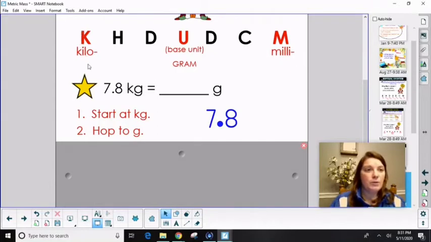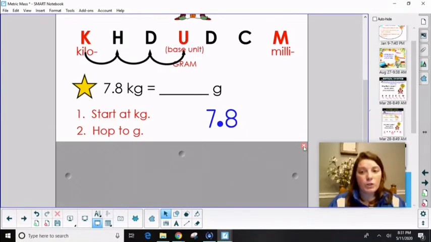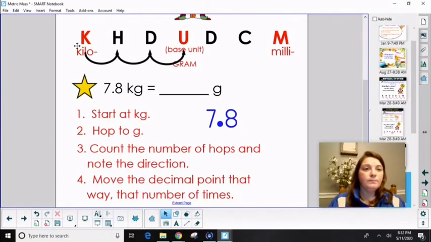So we're starting up here, kilograms. Hopping over once, twice, and the base unit is our grams. There we go. How many hops and in which direction? 1, 2, 3 hops to the right. So we're going to take our decimal point, it was already there, and we're moving it 3 hops to the right. Now when I look here, I can see that 1 hop is going to get me to the end of my number. So I'm going to build in